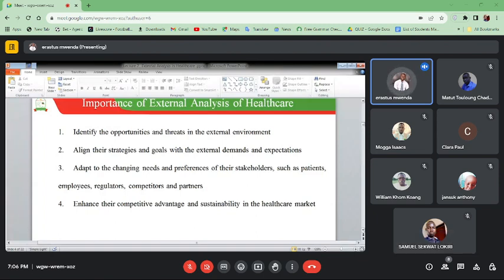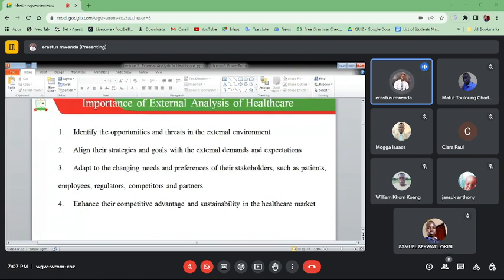And number three, another importance of external analysis is through it, we will be able to adapt to changing needs and preferences of stakeholders. Every day, things are changing around the healthcare sector. It could be, for example, in terms of technology, we have improvements in terms of technology that we are using. It could be advancement in medical supplies, and therefore we cannot just afford to be rigid once we do external analysis, because the stakeholders are expecting us to change with the changing technological season and other changes within the external